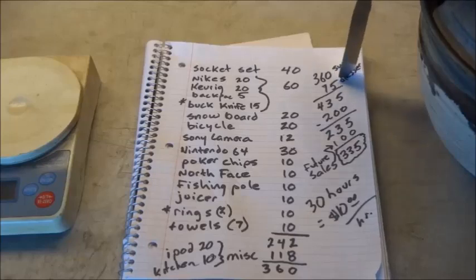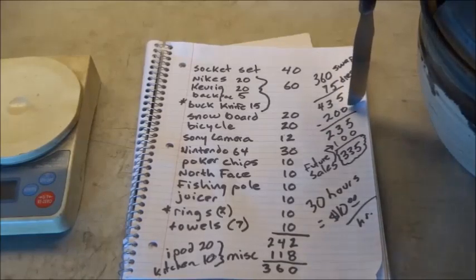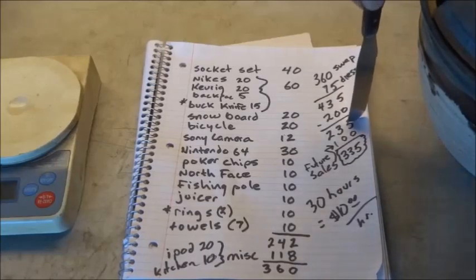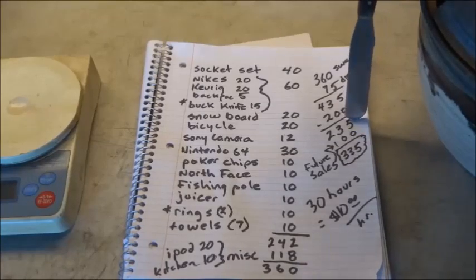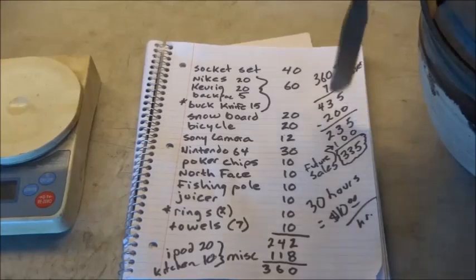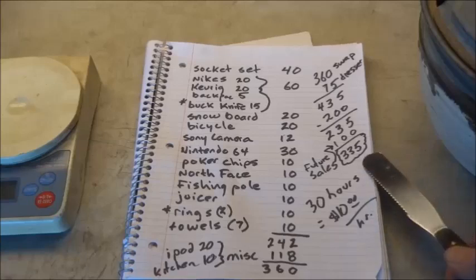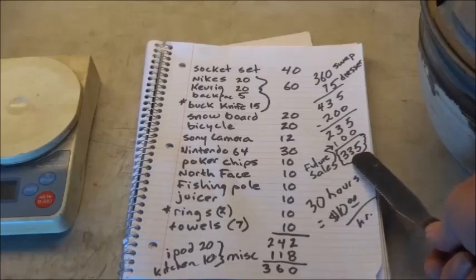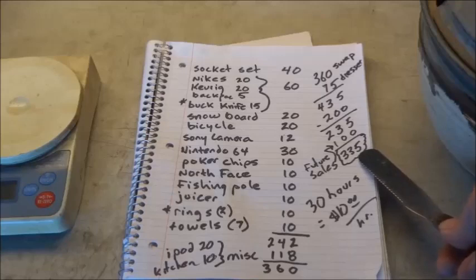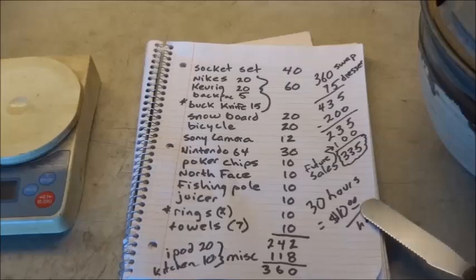I'd already sold the dresser for 75. That's total sales of 435. It cost 200. So that's 235 profit right now, and there's another $100 on the way from the fridge and the Bose and the Xbox. So let's call it a $335 profit out of that on a $200 investment for 30 hours of work, roughly